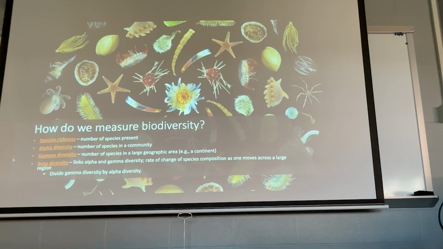But we can measure biodiversity using many different models. Here are a couple different types. Again, you're not going to have to do these. I'm going to show you a mathematical formula in a minute. You don't even have to worry about that. Really, I just want you to know definitions and kind of what these do. So species richness is simply the number of species present in any place.